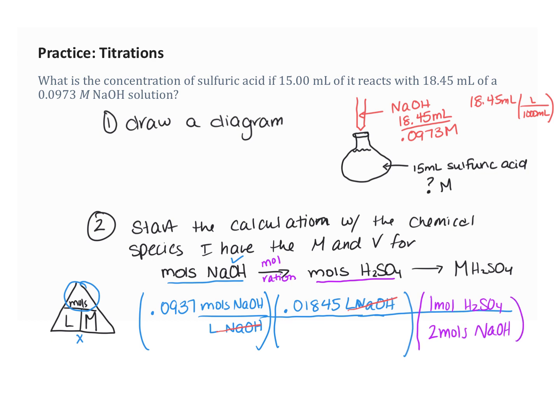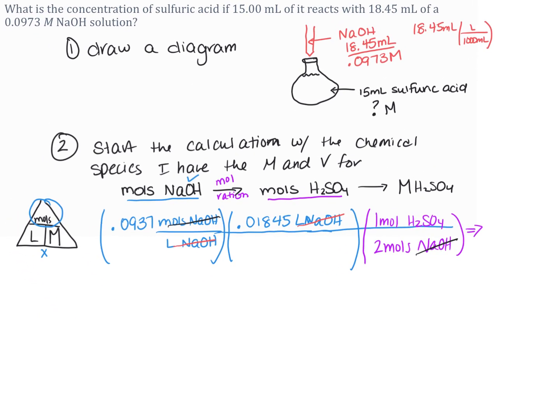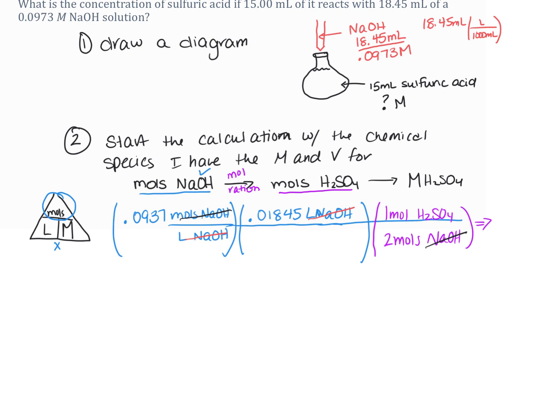Now, that 2 moles of NaOH goes in the denominator because you want to cancel out the moles of NaOH there, and we're left with moles of H2SO4. Now, at this point, I do pick up my calculator and go ahead and work this out. And so when I work this out, I get 8.98 times 10 to the negative 4th moles of